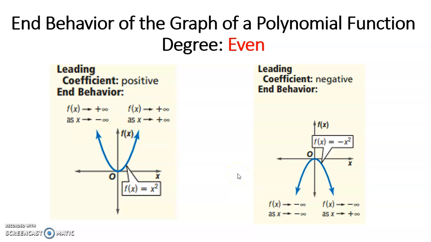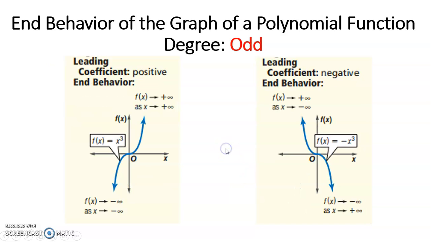So, if the polynomial function is of odd degree, and the leading coefficient of that particular polynomial function is positive, then on the left side, meaning as x approaches negative infinity, we could see that the function decreases, meaning pababa. Okay? Or decreasing values of the function. Now, as x approaches positive infinity, ibig sabihin habang papunta siya sa right side, yung function natin ay tumataas, or the function approaches positive infinity.